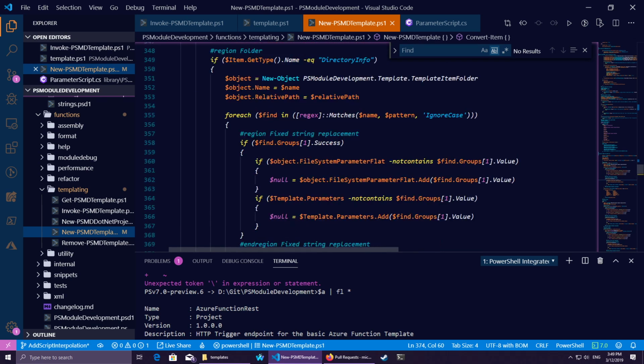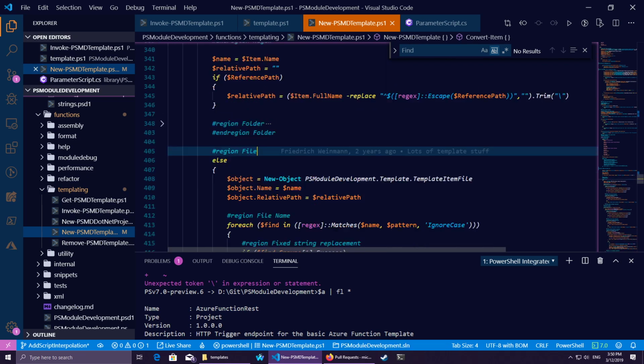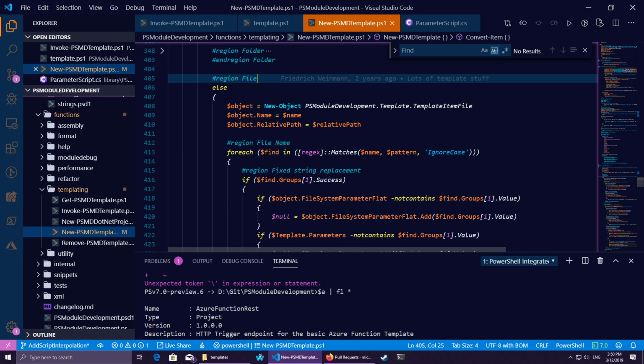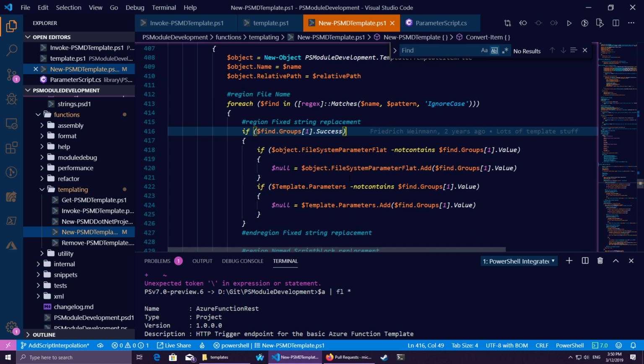To be honest, folders can stay exactly the same. You're not going to be doing any sort of funky shenanigans with that, so we can actually go ahead and ignore that. What we're looking for is in files themselves, because I want to be able to directly interpolate a file into a file. So essentially here, what we need to do,